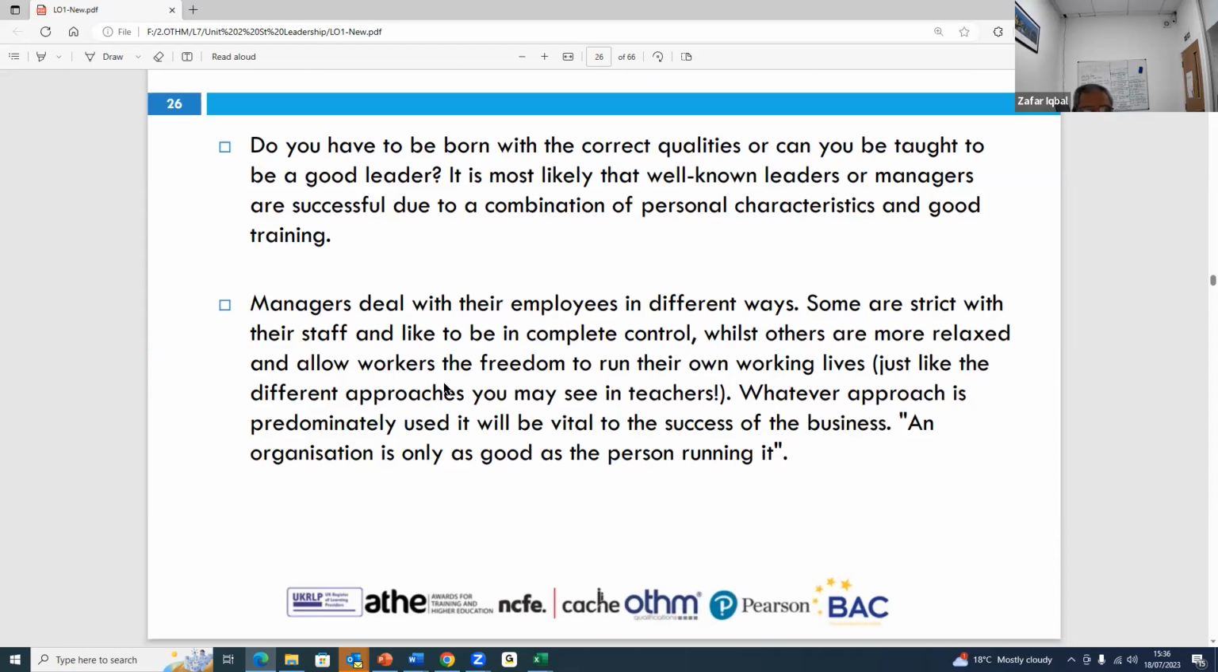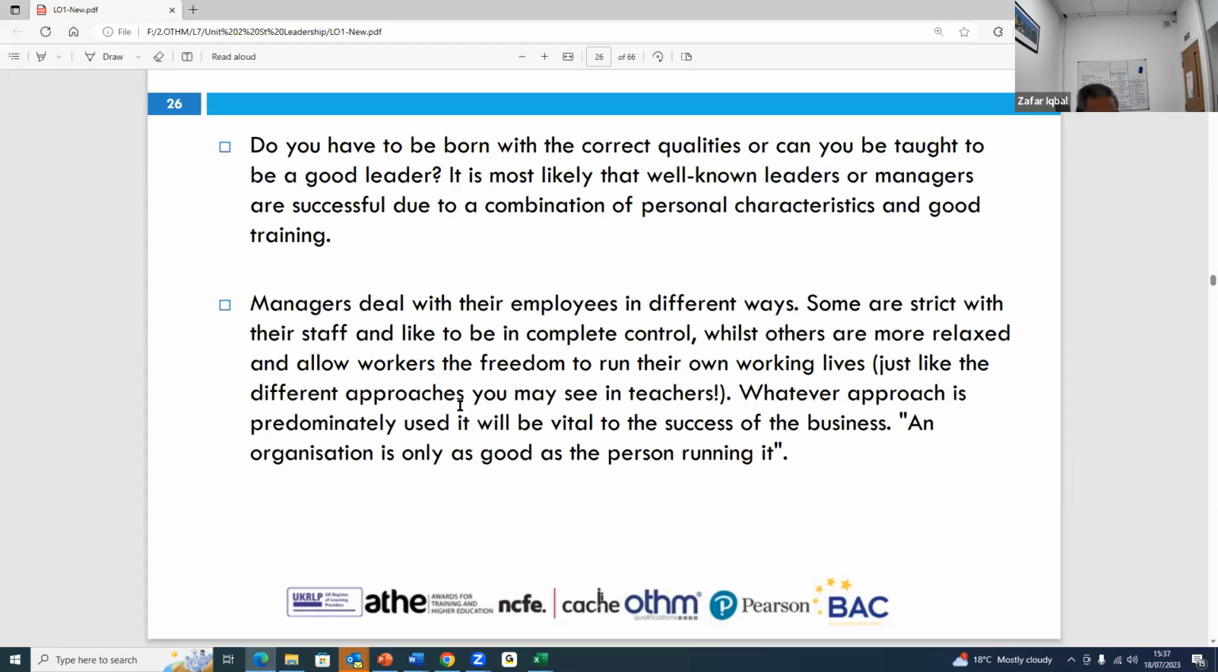Some managers deal with the employees in a different way. Some are strict, some are soft, some retain control, some don't retain control. Some are worker orientated, some are not worker orientated. It depends on the approach that you predominantly take. Okay, so